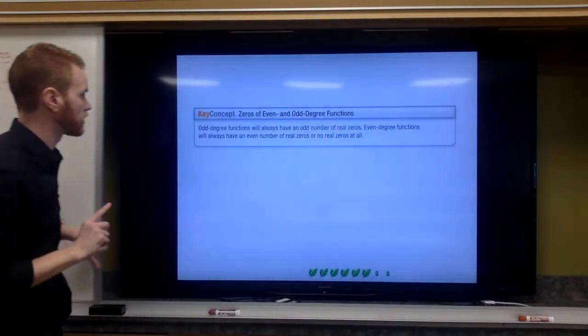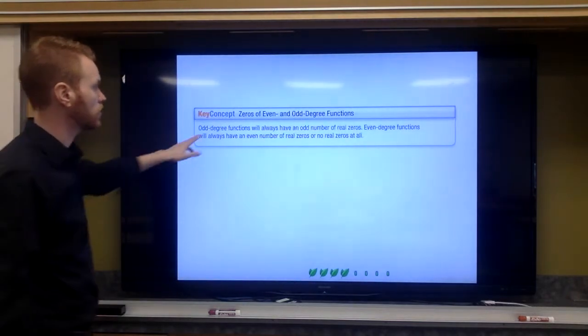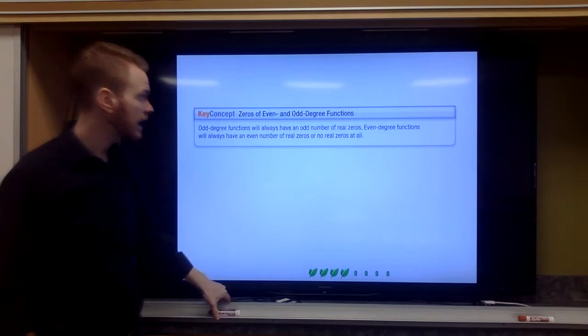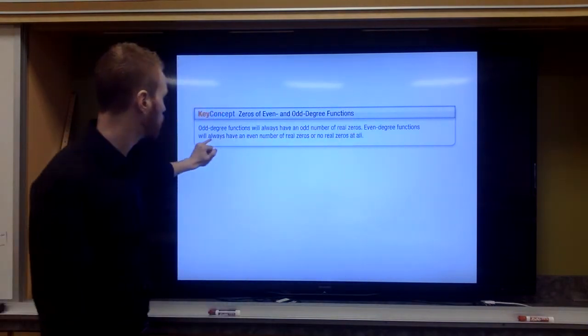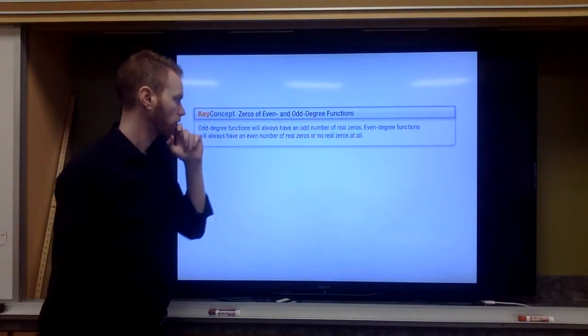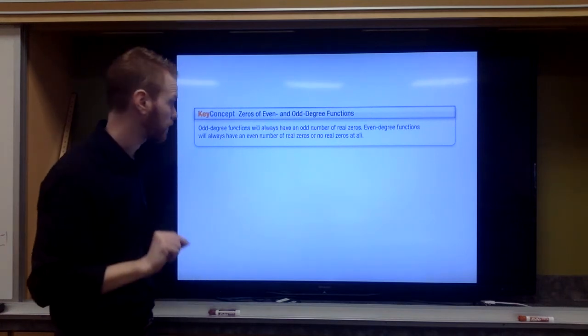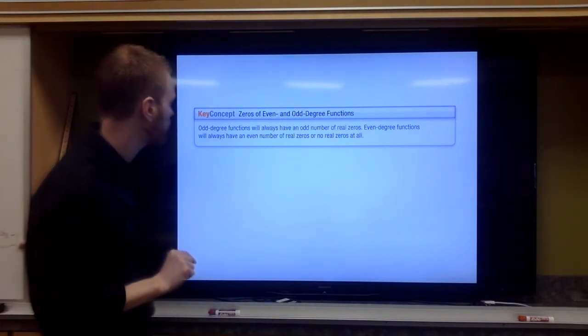So look at what this says. Odd degree functions will always have an odd number of real zeros. Even degree functions will always have an even number of real zeros, or none at all. Okay, let's look at the odd ones first. If it's an odd degree function,